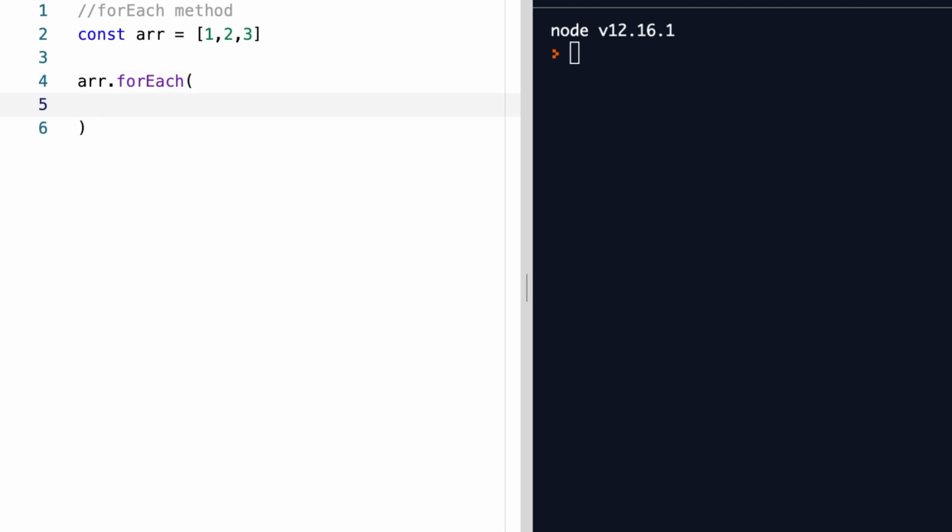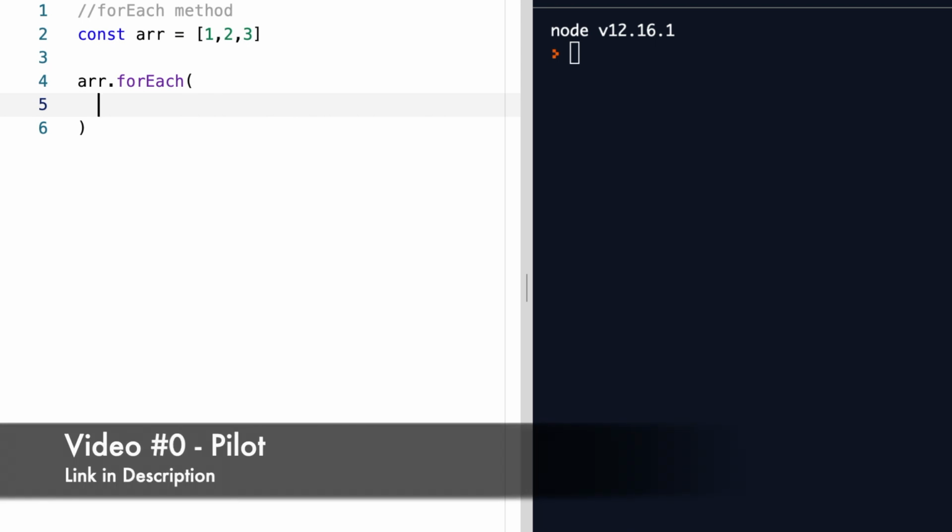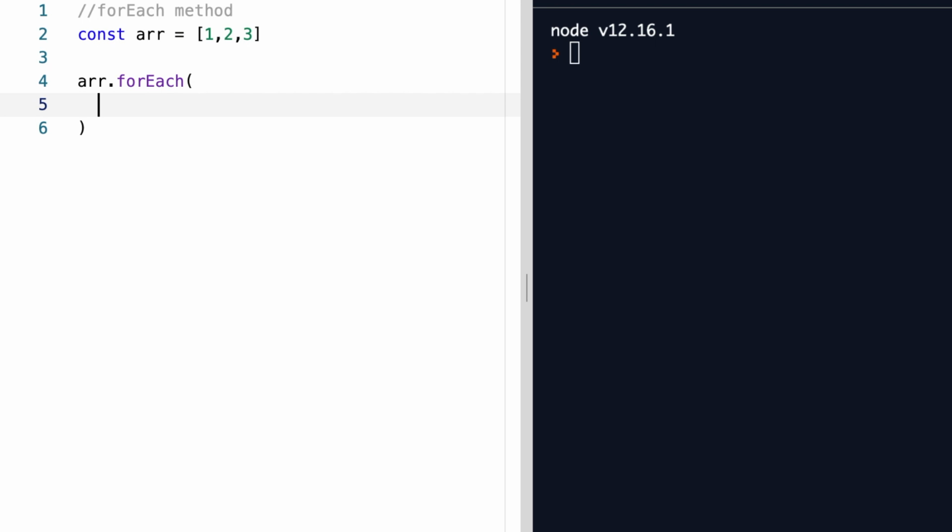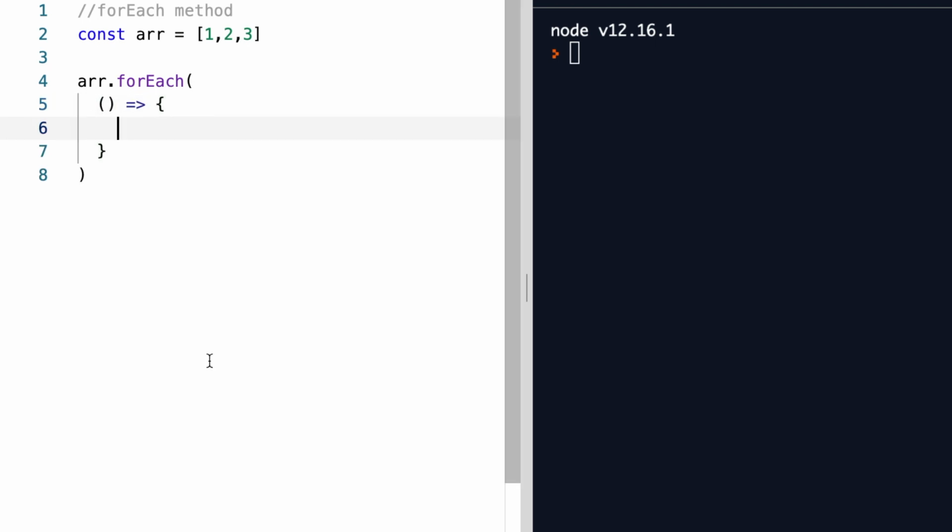To write a callback function, we can use the ES5 method of writing an anonymous function using the function keyword. But since I have told you in video number 0 that I would be using ES6 in this series of videos, I'll be using the fat arrow syntax to declare the callback function. Since this is the first and basic example, I'll be only including the iterable element as my only argument, because I do not require the index and the array object here. I'll also give you some examples wherein we'll be using the other two arguments.